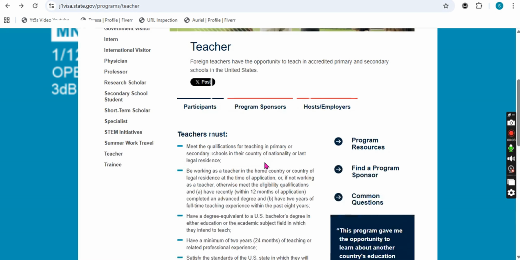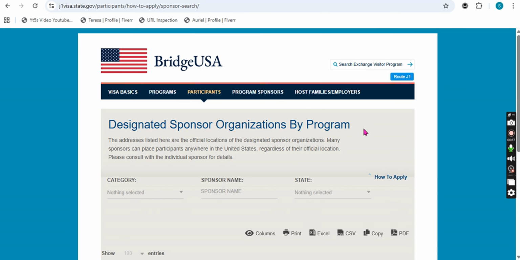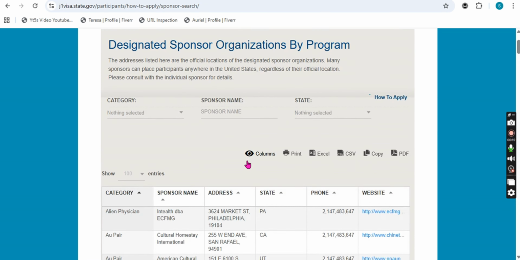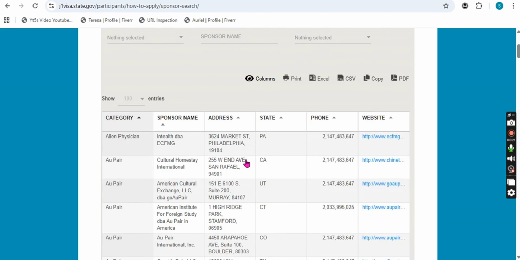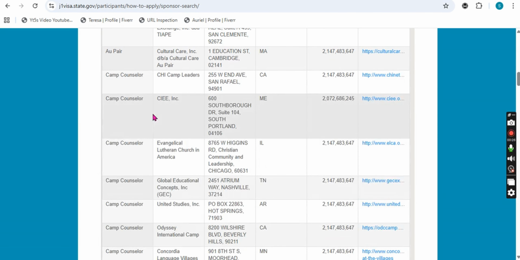After checking the requirements, then you know that you can actually get a visa using the J1 exchange program. You will now come to this tab and click on find sponsor, and again wait for it to load. So for instance, here it will take some time, and you can see we have so many sponsors, and they'll be categorized according to